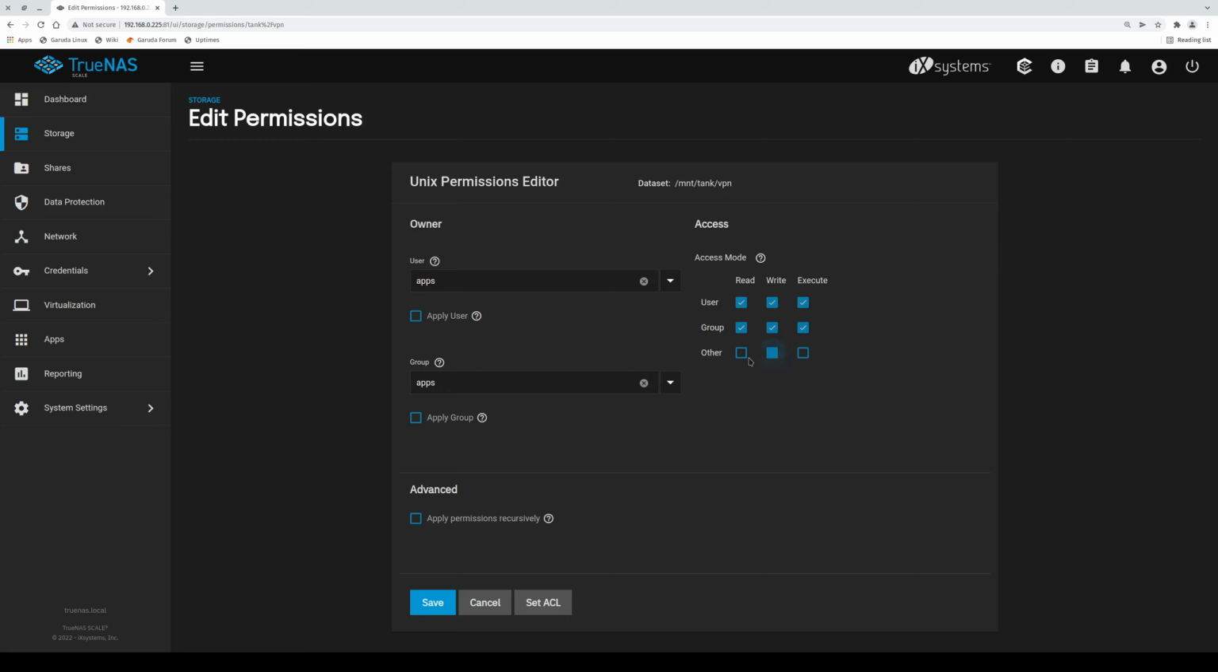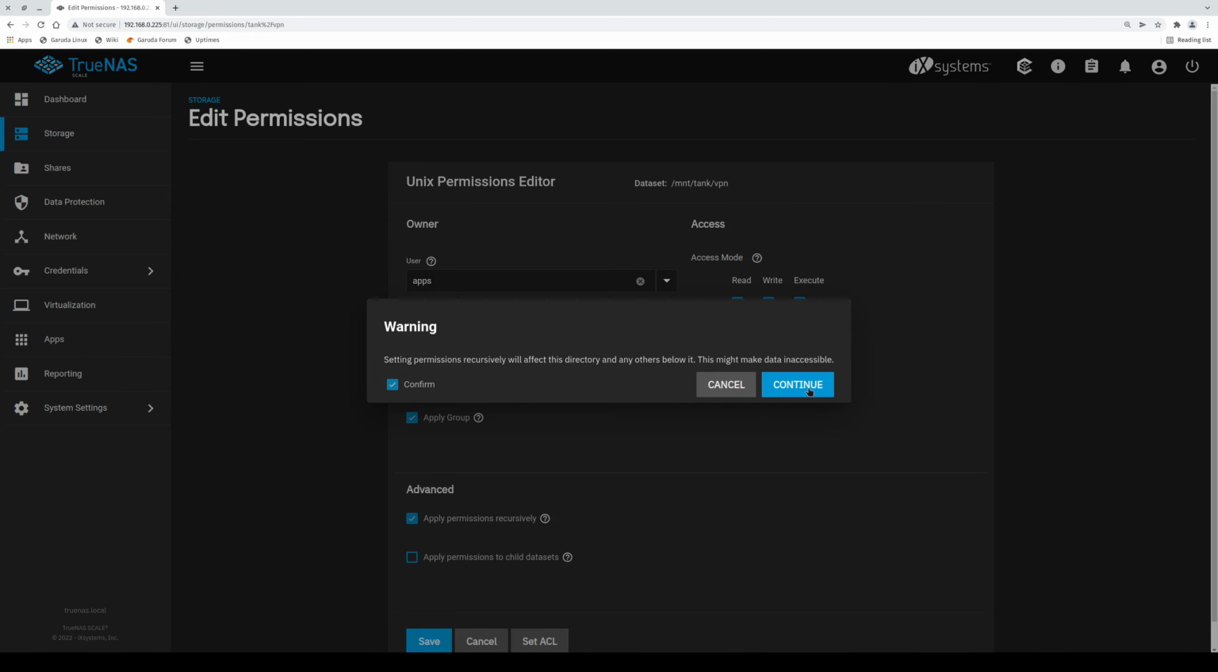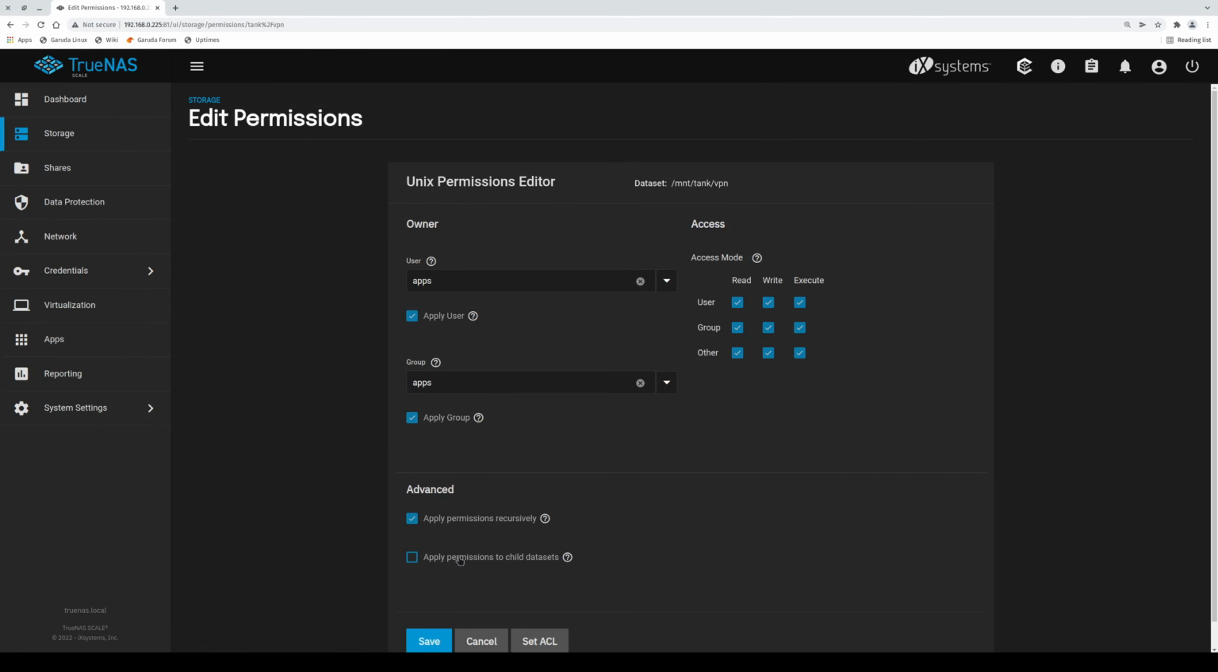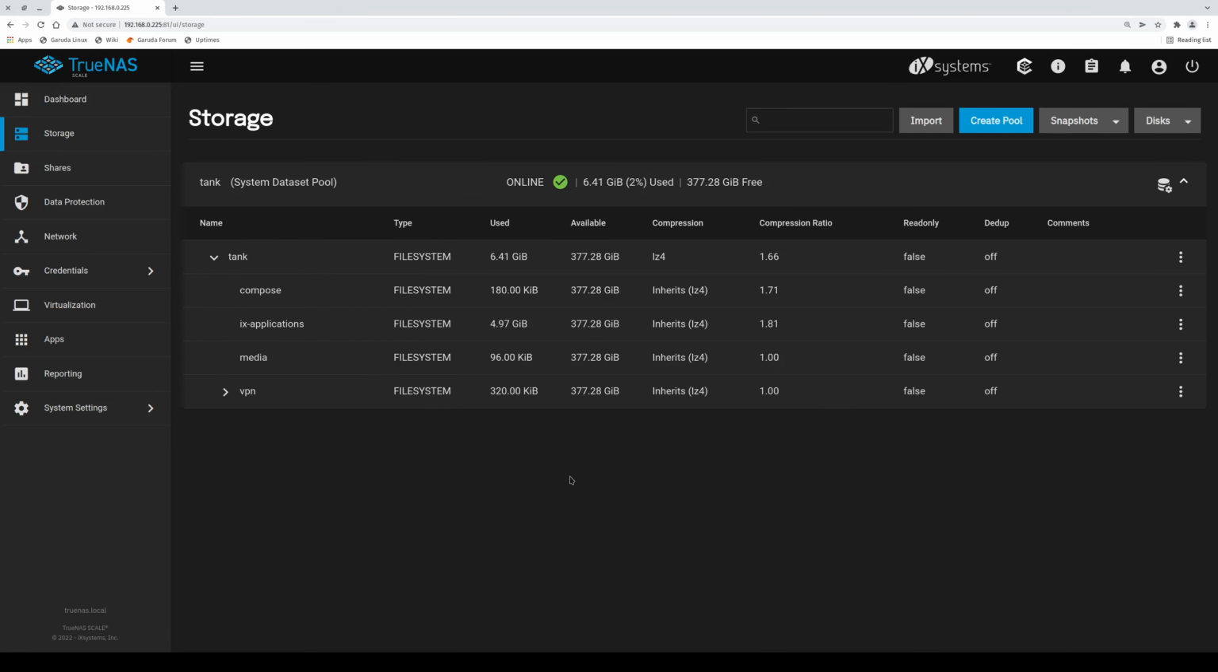Well, I guess they don't need execute, but at least read and write, just so you can get those configuration files onto there. I don't do that. I just added my Samba user to the apps group, and then after you get done doing that, you'll just go ahead and click apply. I always click apply recursively,